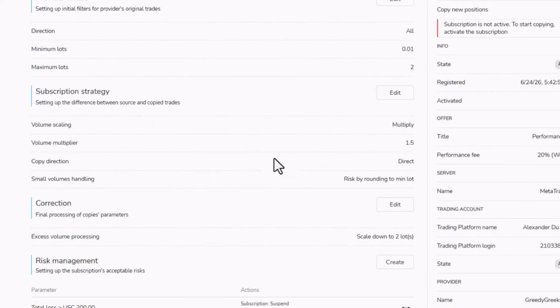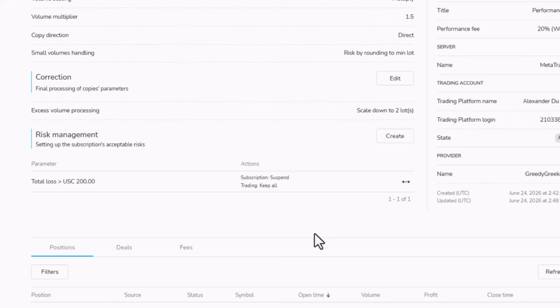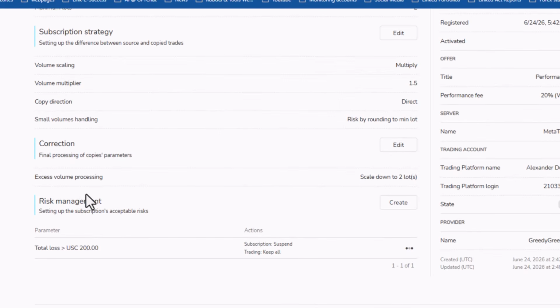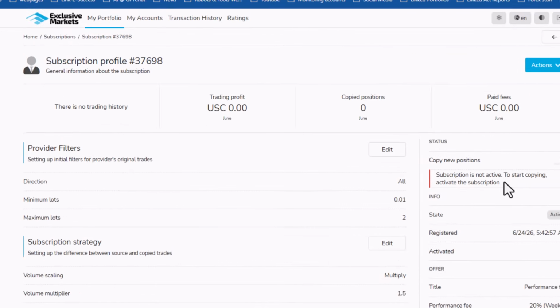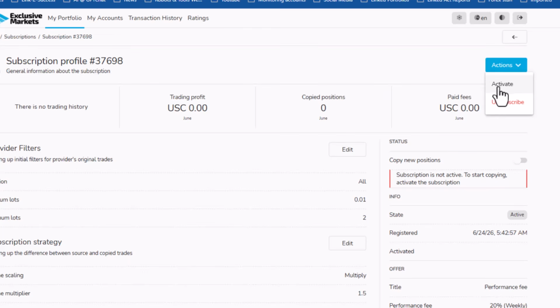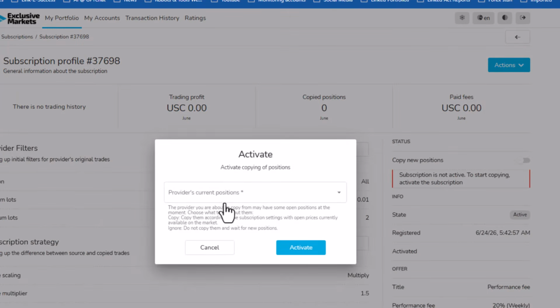So what we've now created is risk management. We've done lot size corrections, and we've also done a strategy that we want the broker to manage this by. Okay, so then we say the subscription is not active, so we say yes, activate this subscription, and then it